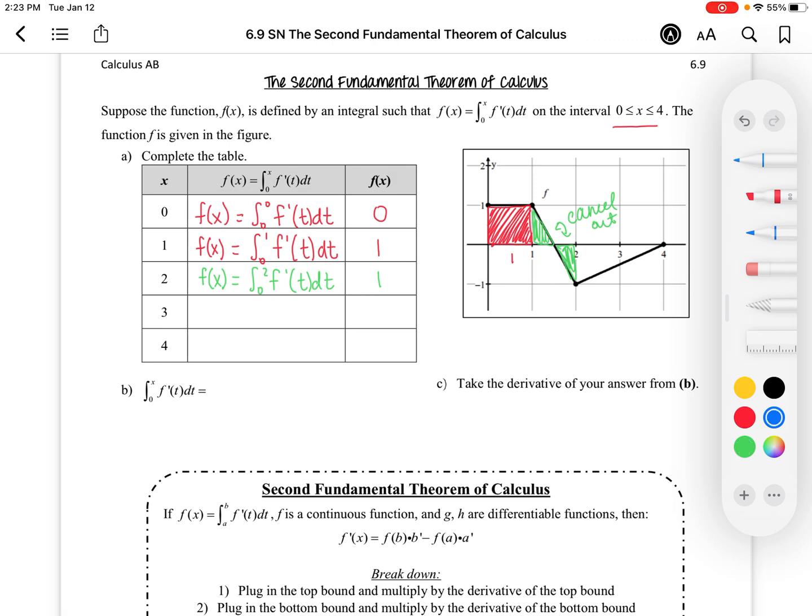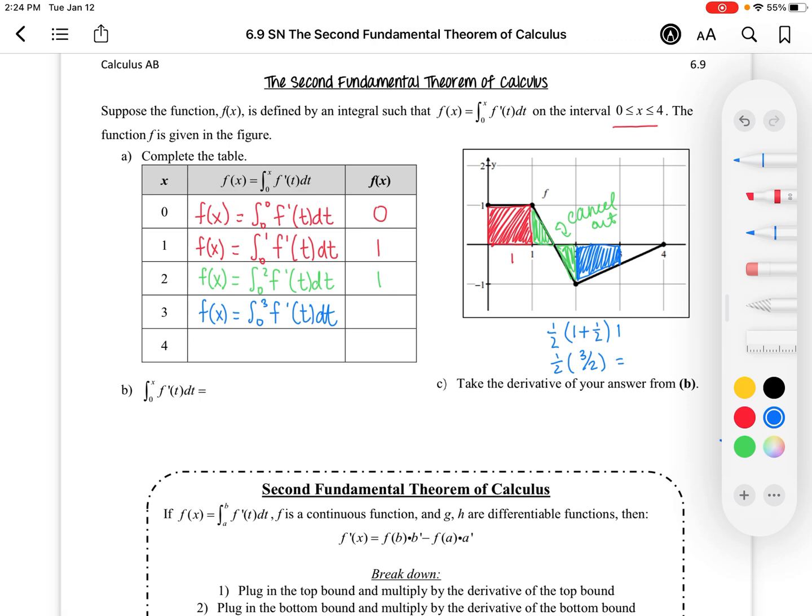So the next one that I'm looking at is from 0 to 3. So F of x is equal to the integral from 0 to 3 of f prime of t dt. So now when I'm going from 0 to 3, I'm adding this shape right here, which is going to be a trapezoid. So my base 1 is this right here, which is 1. My base 2 is this right here, which is going to be a 1/2. I'm going to have the 1/2 in front of it, and my height is the whole 1. So what I'm looking at is 1/2 times 1 plus 1/2